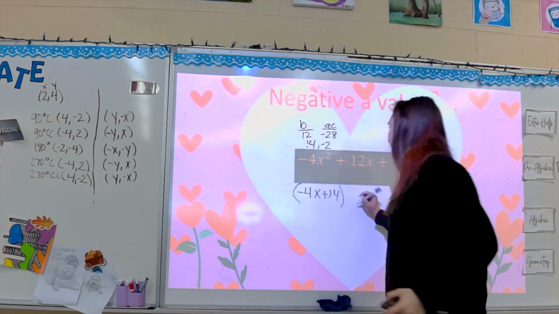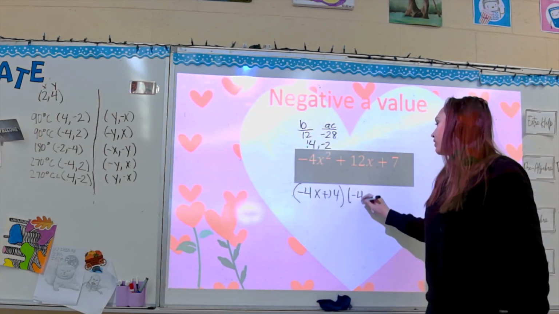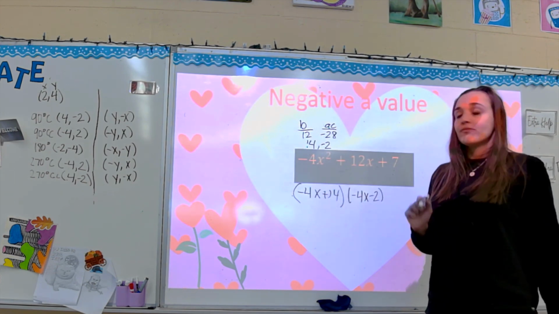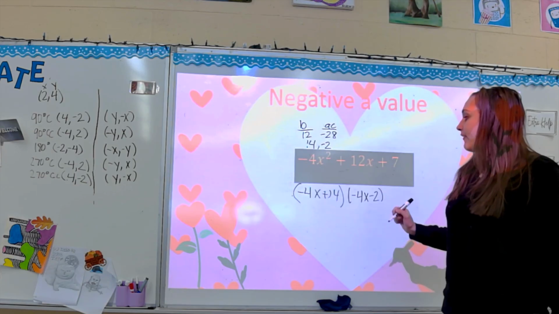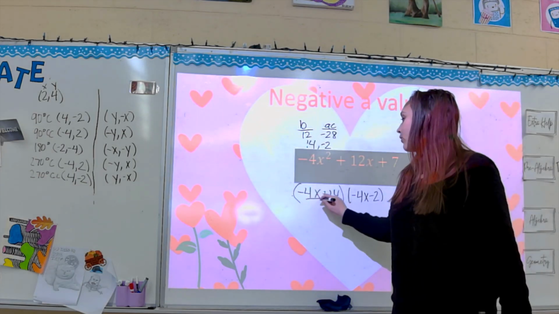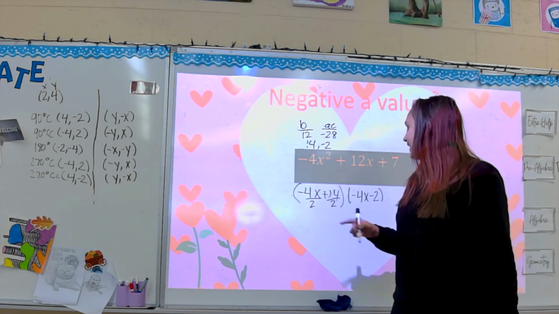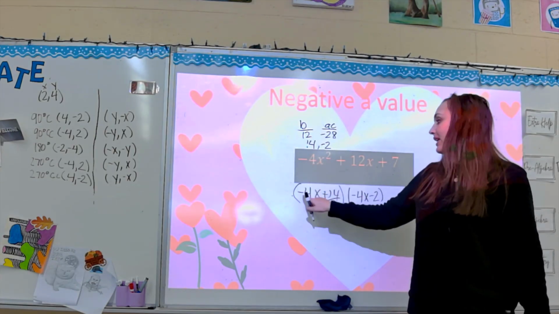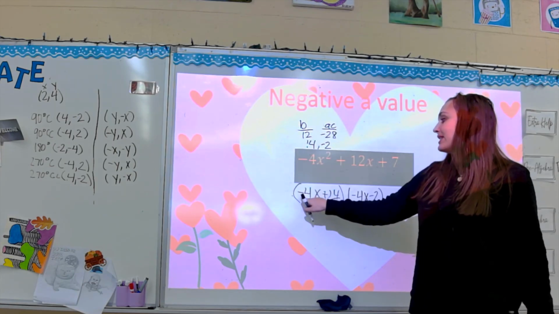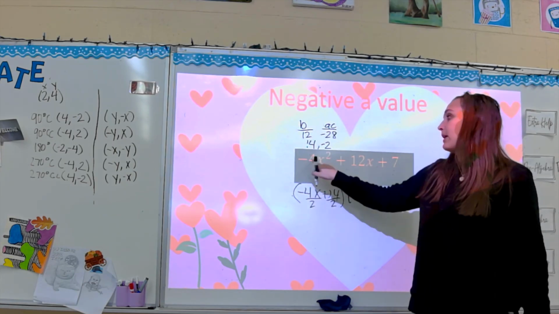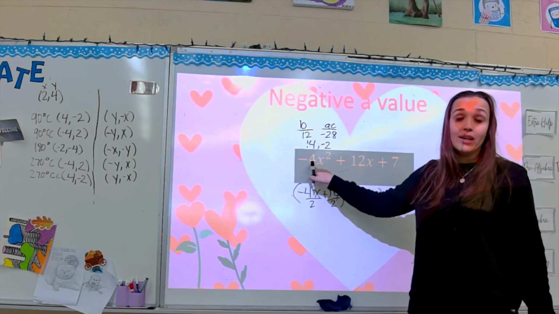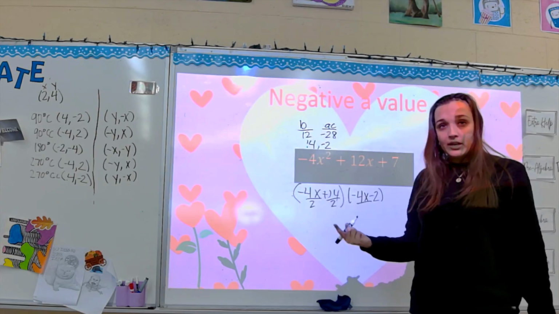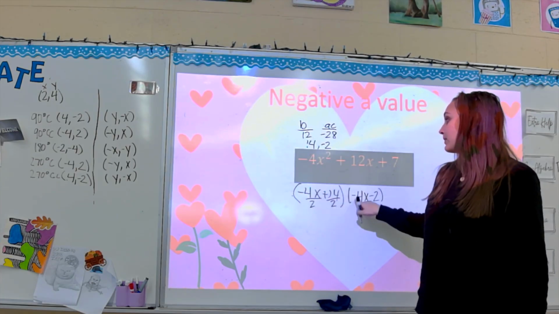Now I do the same thing. My a value is a negative 4, and I take my negative 2, and I put it next to it. Now I look, is there a GCF I can take out? Well, here, they both have 2 in common. Here, because this is already a negative, and I want my a value to be a negative, I need to make this a positive, because a negative times a negative will give me a positive a value, and I don't want that. So I need to make this one be the positive, so I have a negative times a positive,